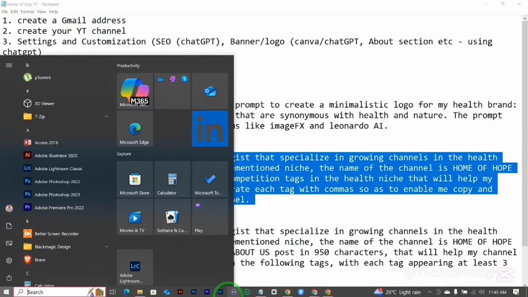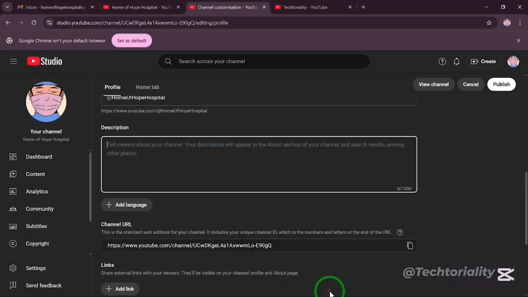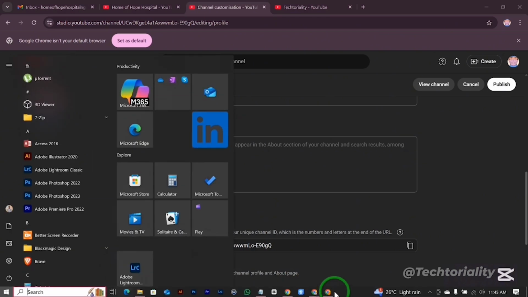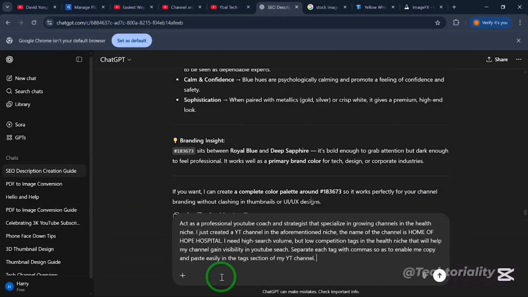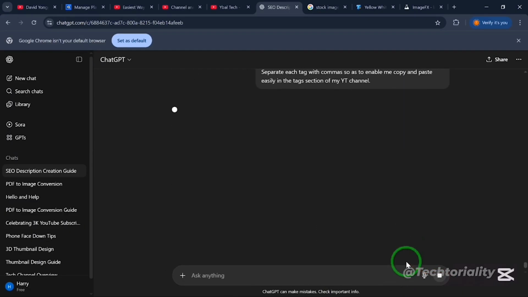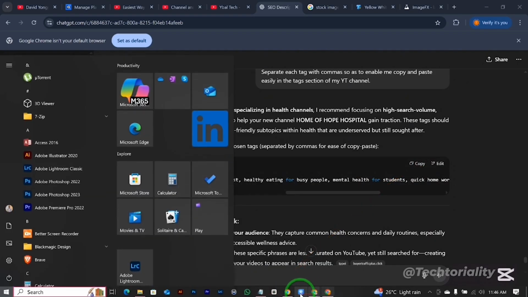So you see that this whole process is just automated, so your stress is reduced as much as possible. You don't need to craft it out manually. Let's go into ChatGPT. I'm going to paste this into ChatGPT and click enter. So let's see what it's going to come up with. All right, so these are the tags it gave us. I'm going to copy this